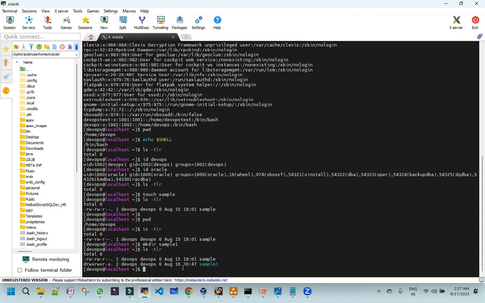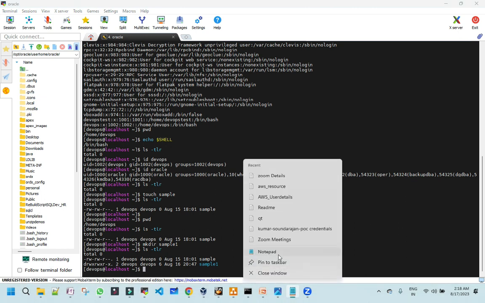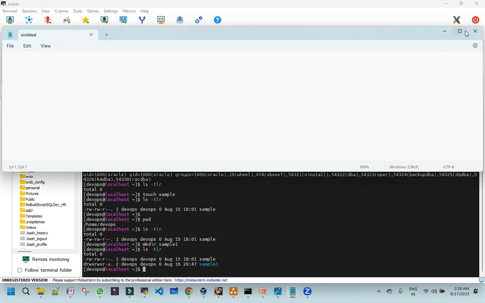Before that, if you want to learn more about umask, you need to know a little bit about what the default configurations in Linux are. Let me open my notepad. As we are discussing umask today, we need to know a few things. By default,